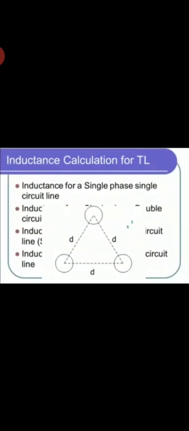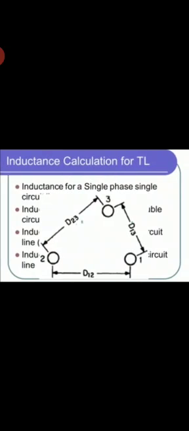Then this is the three phase line, which is equidistant. You can see there are three conductors which are displaced by an equal distance, d meters. So it is the symmetrical three phase line. Here also this is a three phase line, but it is unsymmetrical, because if you observe the distances between the three conductors, they are not the same. You can see D12, D23, D13, those are the distances between conductors 1 and 2, 2 and 3, 3 and 1. So they are not equidistant, hence they are called unsymmetrical.